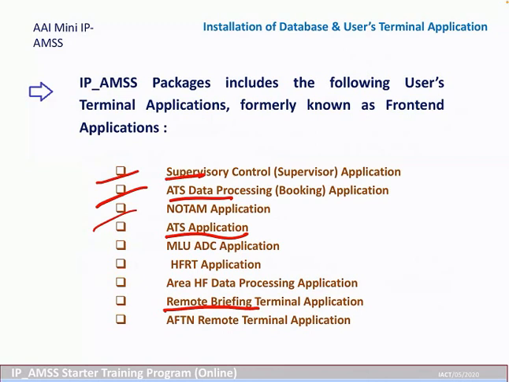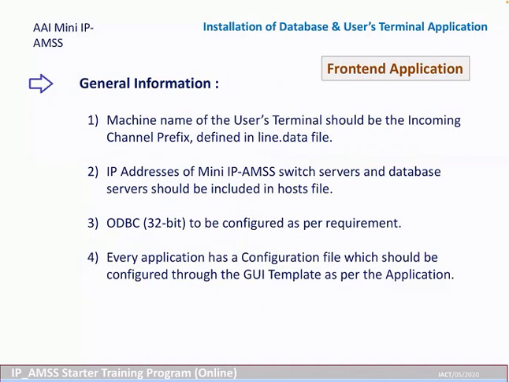Now general information. These are only repeating. I am repeating. The machine name of the user terminal should be the incoming channel prefix defined in the line.data. Now the IP addresses of the mini IPMS switch server and database server should be included in the host file. Now you don't have a database locally, so you don't have to put the database IP address. But in case you are using the Mumbai database, then you have to put that database address and the name